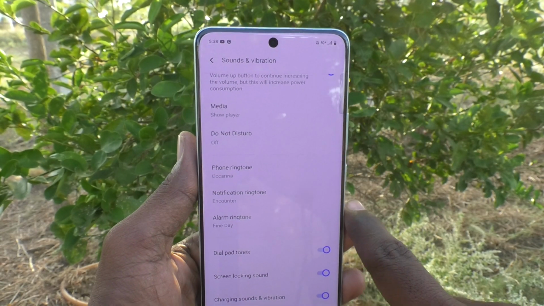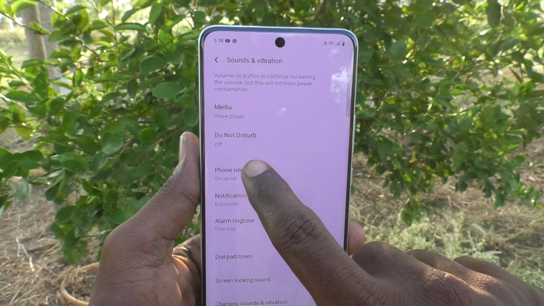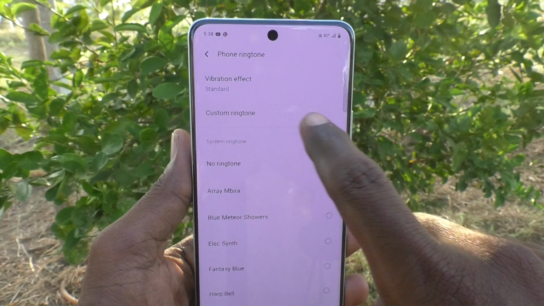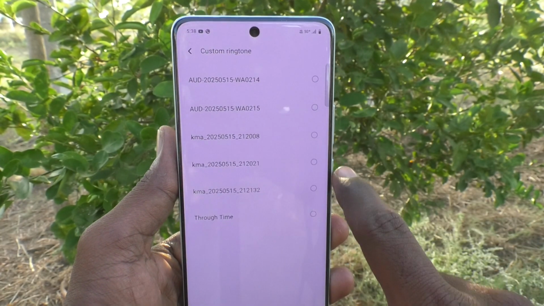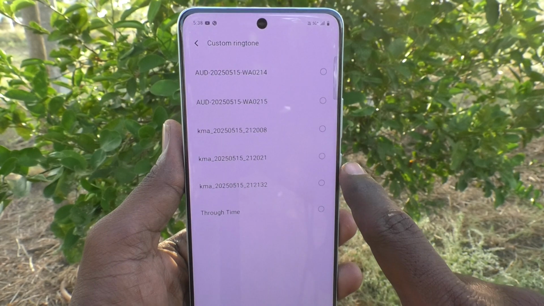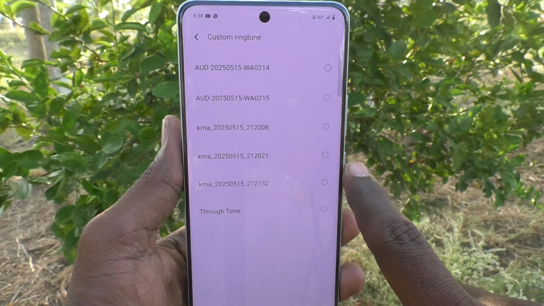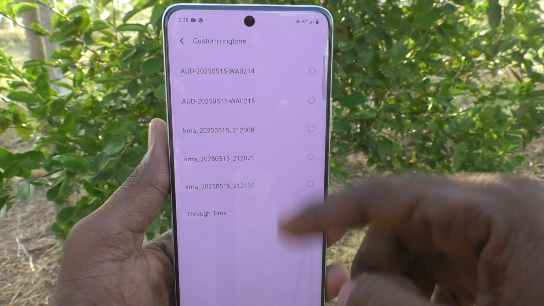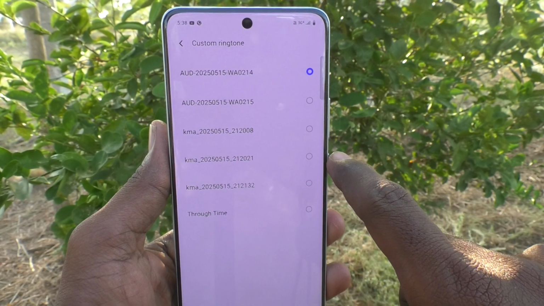Okay, you can also set to custom ringtone. Just go to phone ringtone and you can choose custom ringtone here. If you have any music file, that will be set as ringtone. Okay, see here I have this music file, and just if you select it,